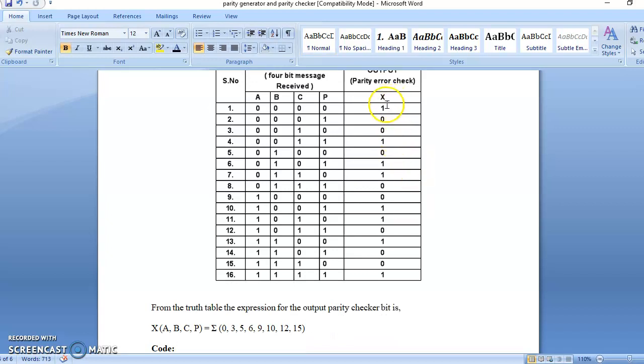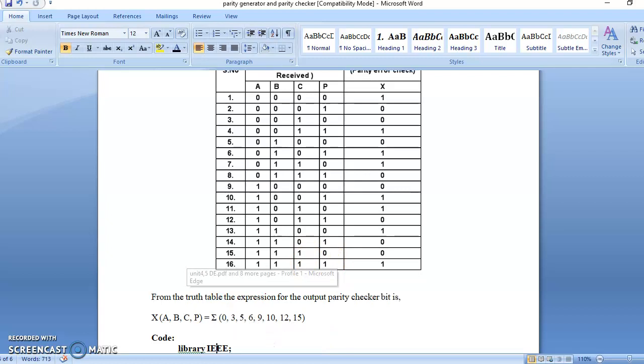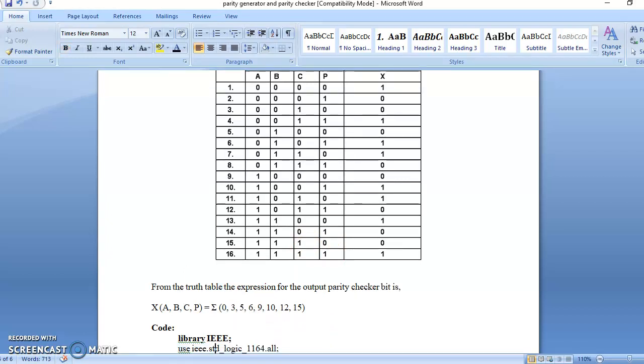And wherever we see the ones, we are going to have the minterms logic now. In sigma m notation, the logic is equal to 1. For the combinations where the output is 1, those have to be taken here. So for 0, 3, 5, 6, 9, 10, 12, 15, my parity checker is giving the answer as 1. Those combinations you have to include, and the program design is in our hands.